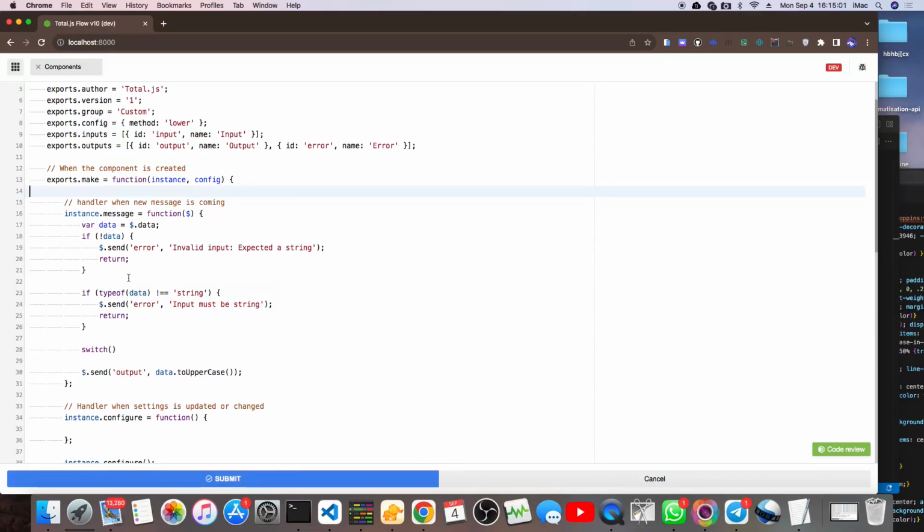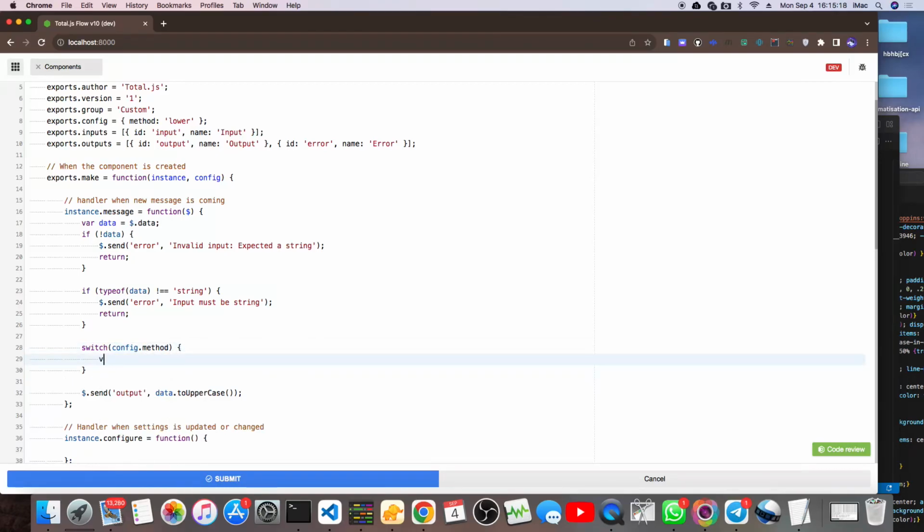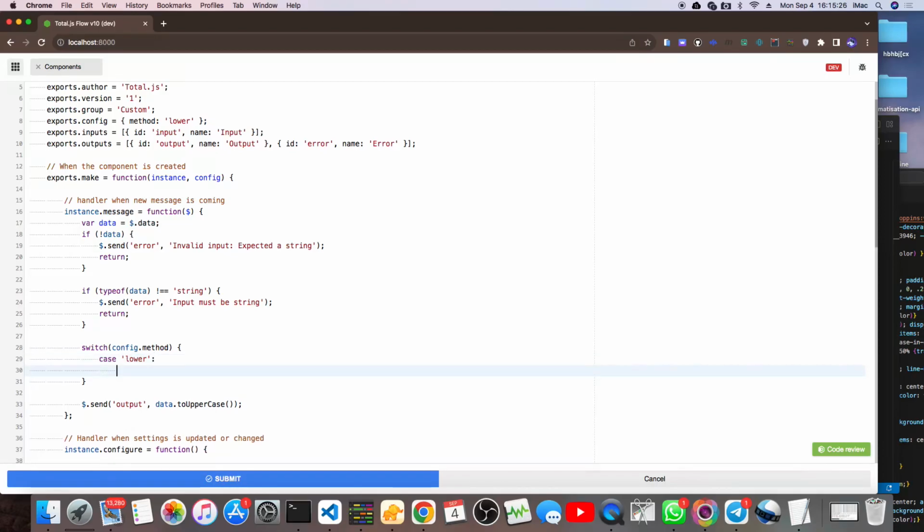So what we do is make a switch from the config, config.method. And we have the case lower, which will consist of sending into the output the data dot to